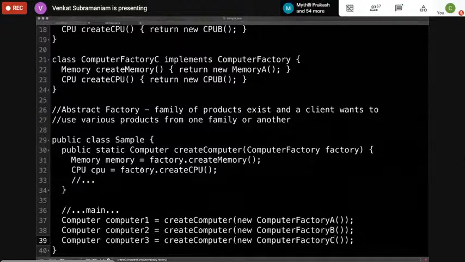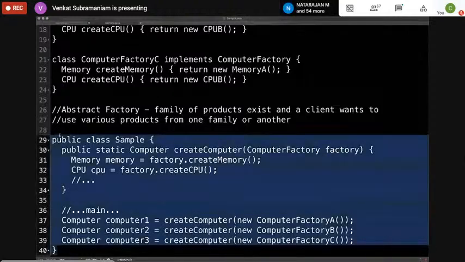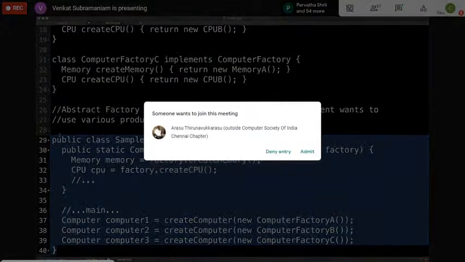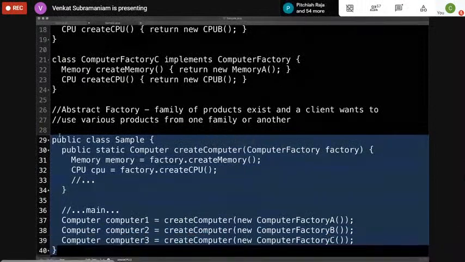Now, what is the benefit we got out of this approach? Look at the code here that I've highlighted from line 29 all the way down. That code doesn't have to change at all if you decide to introduce a new computer. The new computer potentially may have a completely different memory, a completely different CPU, and so on.